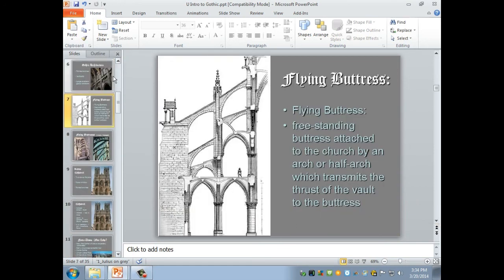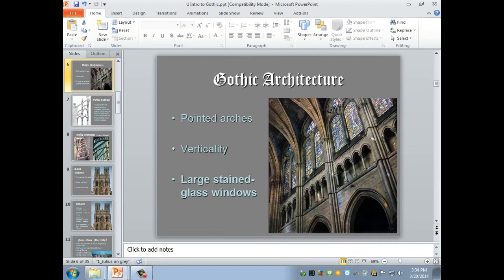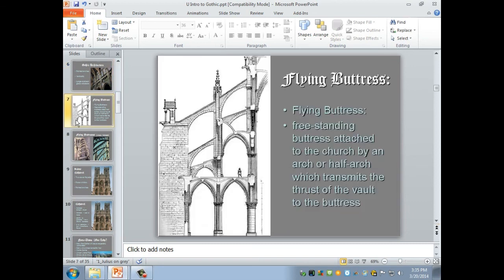I probably should also mention that churches, both Romanesque churches and Gothic churches, were painted very bright colors. Now we see the stonework, and the paint is usually gone, but there are a few places where they have repainted them, and we'll see at least one of those later. Okay, now I use the term flying buttress.